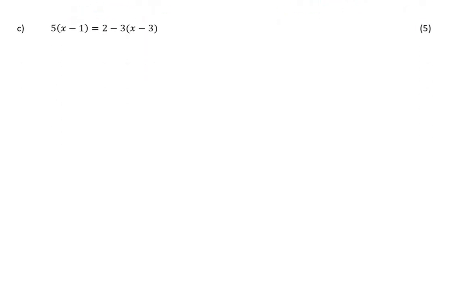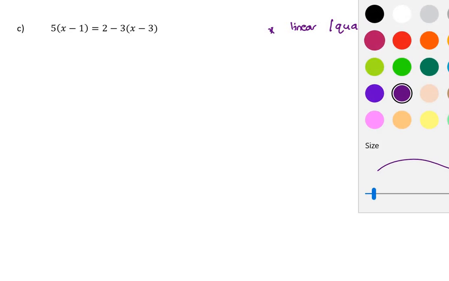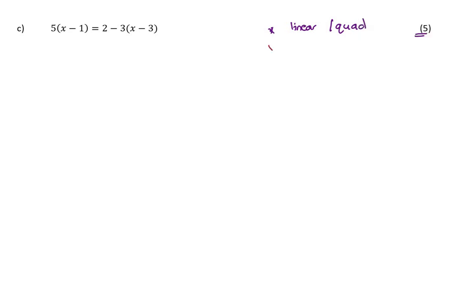My first thought would be, now it's 5 marks, so I'm definitely expecting a little bit of work. My first question would be linear or quadratic. Now, if I'm looking at this, I just see x's, but it doesn't mean that when I multiply out, because I'm seeing brackets here, maybe I'm going to get an x squared. So I don't actually know right now if it's linear or quadratic. So the moment I see brackets and complicated things, I first ask myself, should I multiply out? Now, a couple of questions down, we're going to discuss this question a little bit more